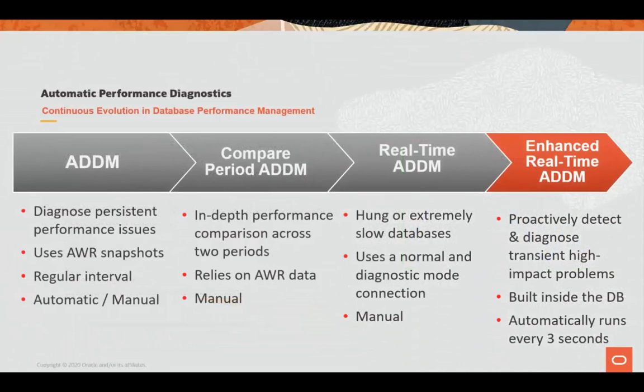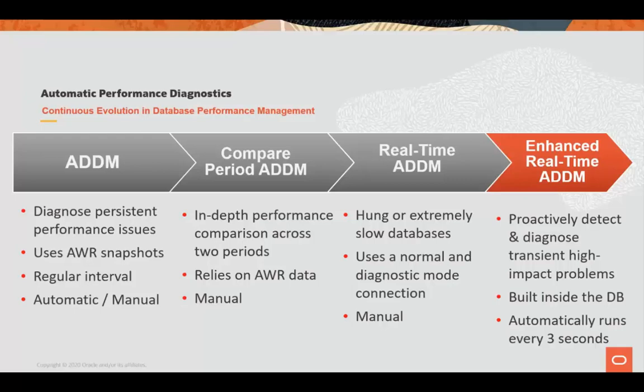Moving forward, we have the automatic performance diagnostics. The way we call it is the continuous evolution in database performance management. So ADDM helps us to diagnose persistent performance issues. It also makes use of AWR snapshots. So at the end, we're going back to the basics where without AWR data, we will not be able to understand the database performance. This ADDM can run at a regular interval,